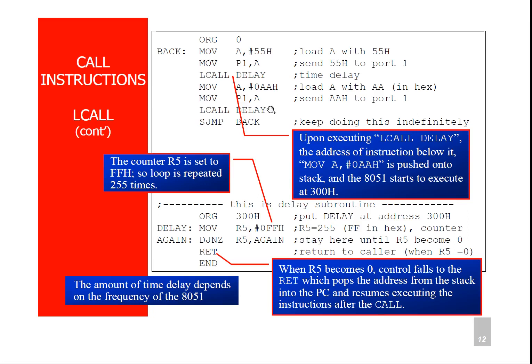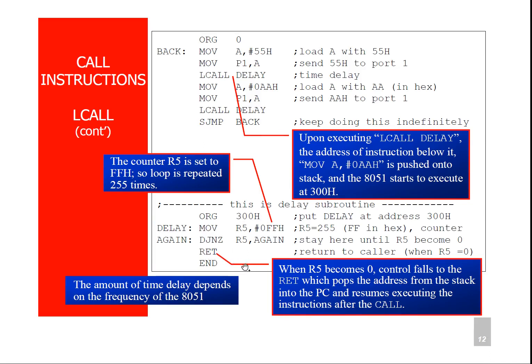So on the execution of this instruction, it stores the address of instruction below it, that is SJMP back, that will be stored onto the stack, and the new value, that is 300H, loaded to the program counter and control transfer to this subroutine, and it executes this subroutine. And the last instruction in this subroutine is RET.